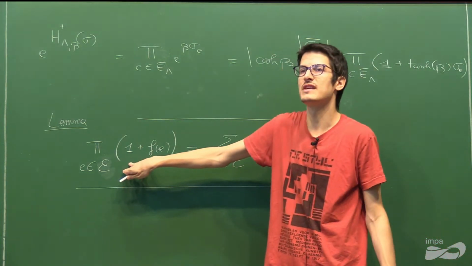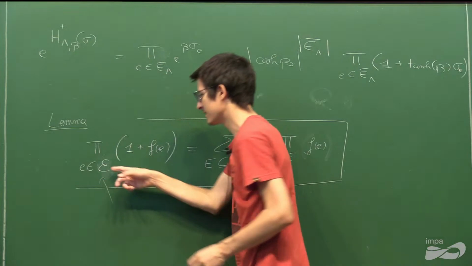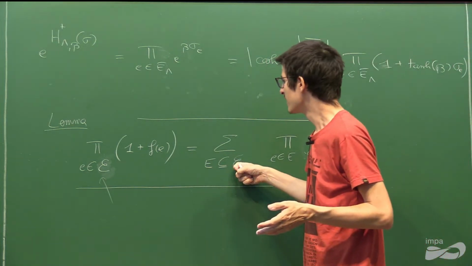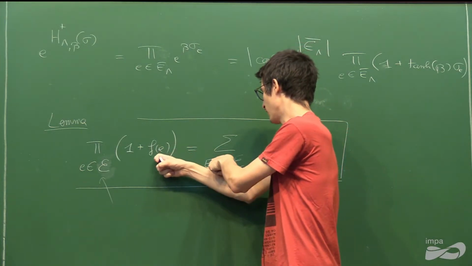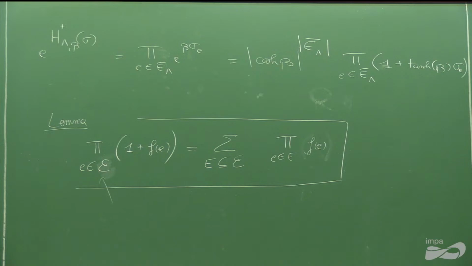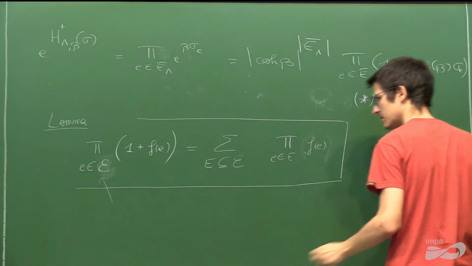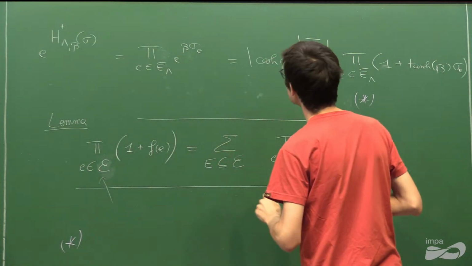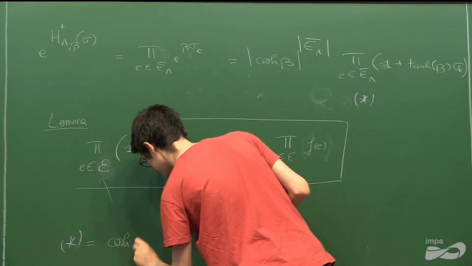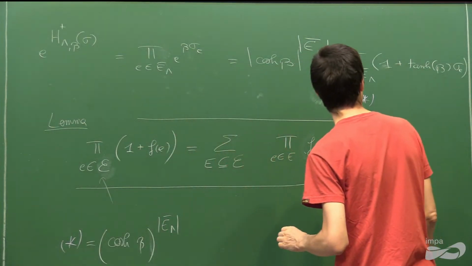Here, when you expand, you have 2 to the cardinality of E terms. And each of these terms corresponds to a subset of E. Basically, you're taking f of E for the edges in the subset, and you take 1 for the others, and you get exactly this. Okay, so if we do this, then we obtain that this thing is equal to